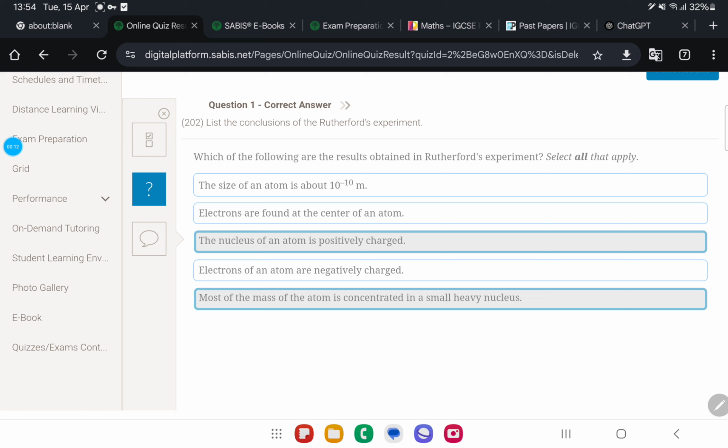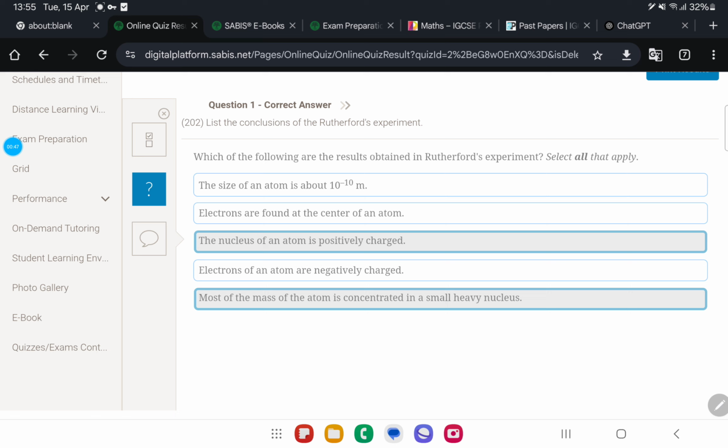Question 1. Which of the following are the results obtained in Rutherford's experiment? Select all that apply. This experiment is basically, I don't have a diagram, but it's in the book. They emitted a line of radiation, and it interacted with the thin foil of gold. What happened is that Rutherford discovered that the structure of the atom is not as what they thought